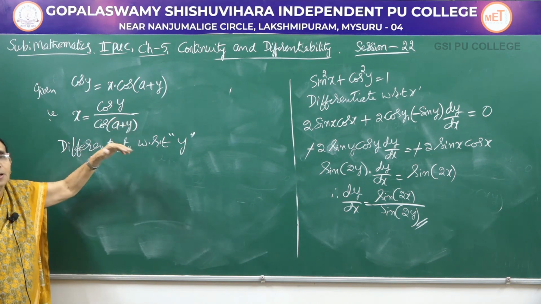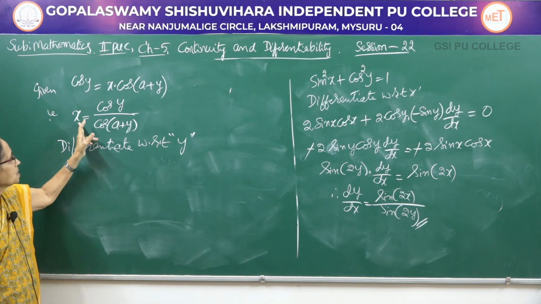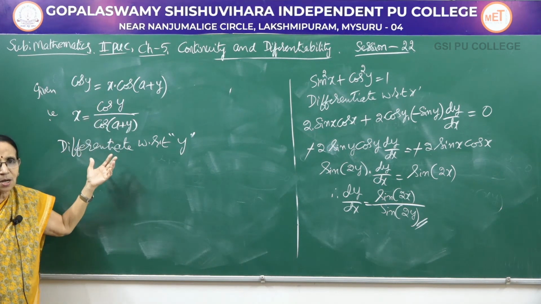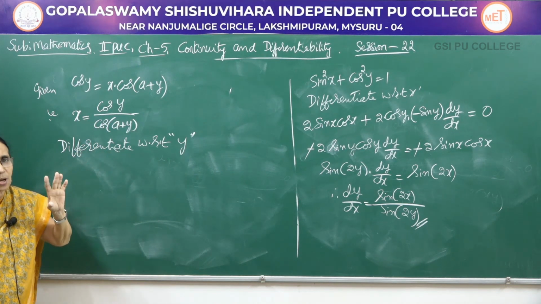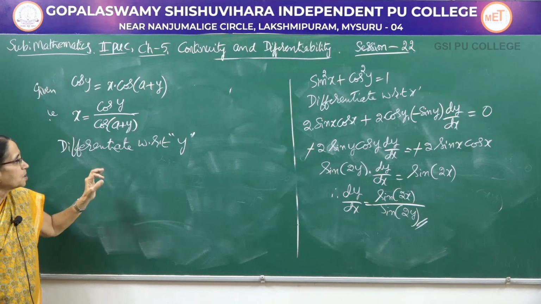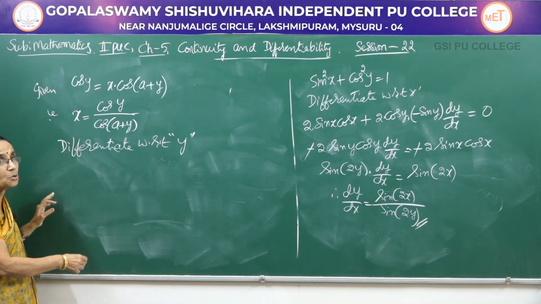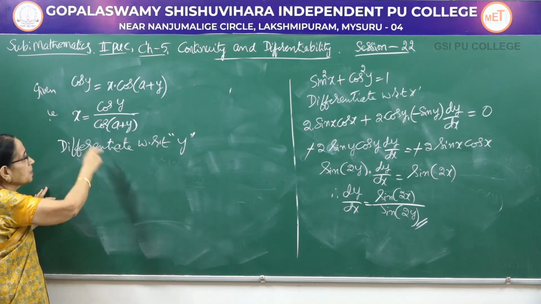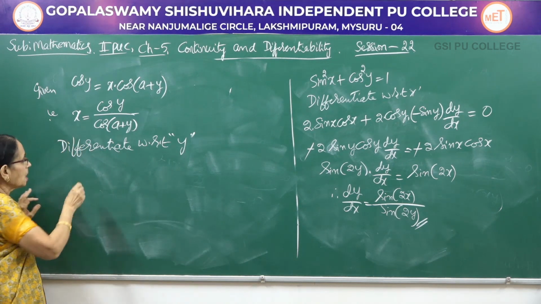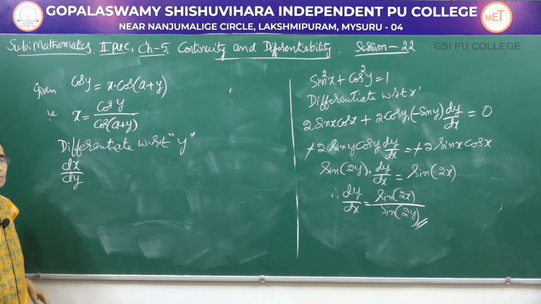Otherwise, on the right hand side you will be getting dy by dx in two places. So to avoid that, I have written the given function in a different way, in the form of a quotient. That is the first step. The second step is, I am differentiating not with respect to x, but with respect to y. So what happens to x here? If you differentiate x with respect to x, here I have to write 1. I am writing this as dx by dy.